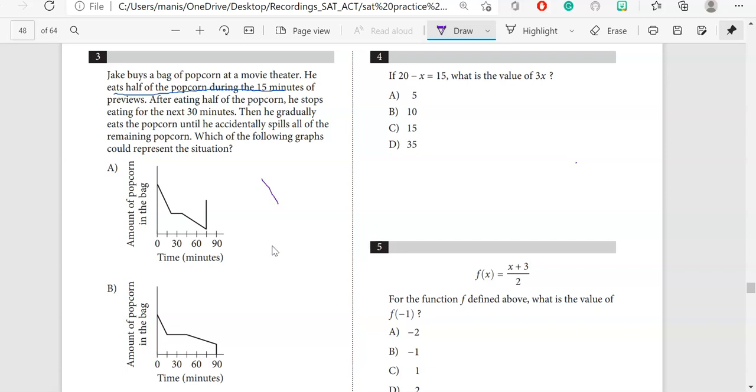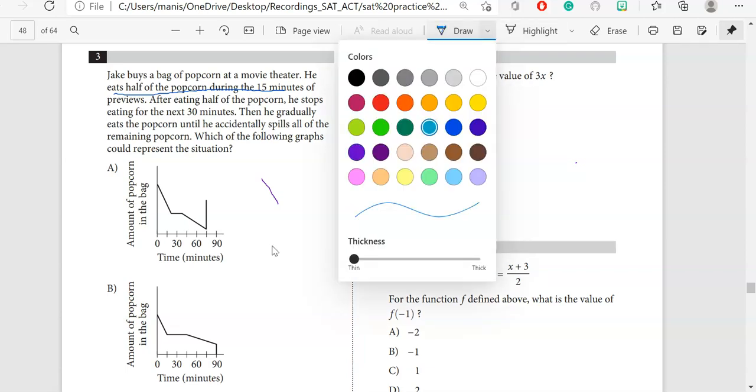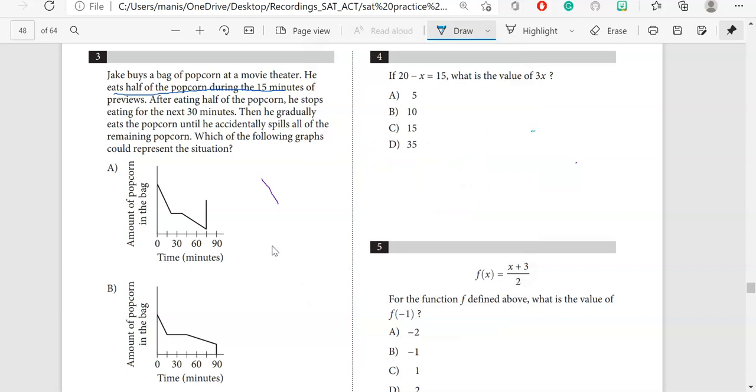And what happens after that? After eating half of the popcorn, he stops eating for the next 30 minutes. So this means if he is not eating the popcorn, nothing will happen. Only the time will pass. The amount of popcorn will remain still. Then afterwards, what happens is